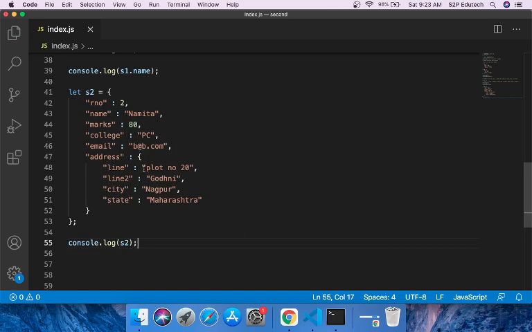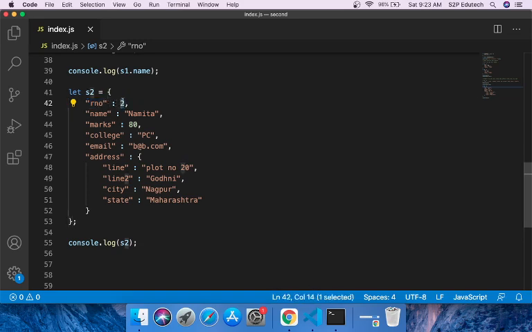I'll save this and I would simply say console.log s2. Now let us take a look at this again. What is JSON? JSON is always enclosed in curly braces and it contains comma separated key value pairs. Each key and value are separated using a colon.